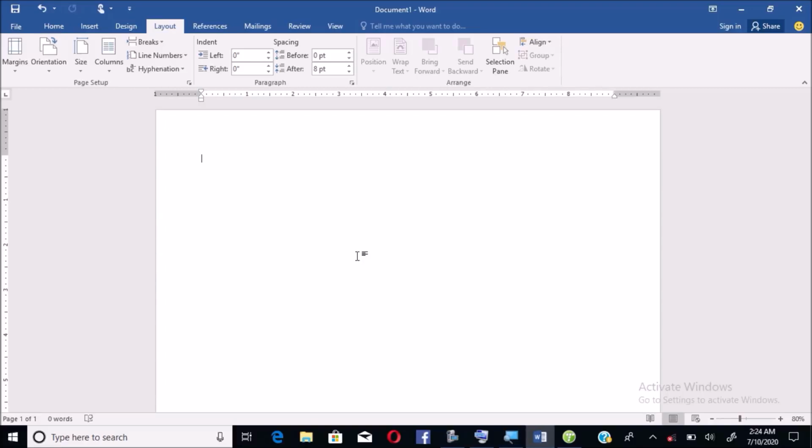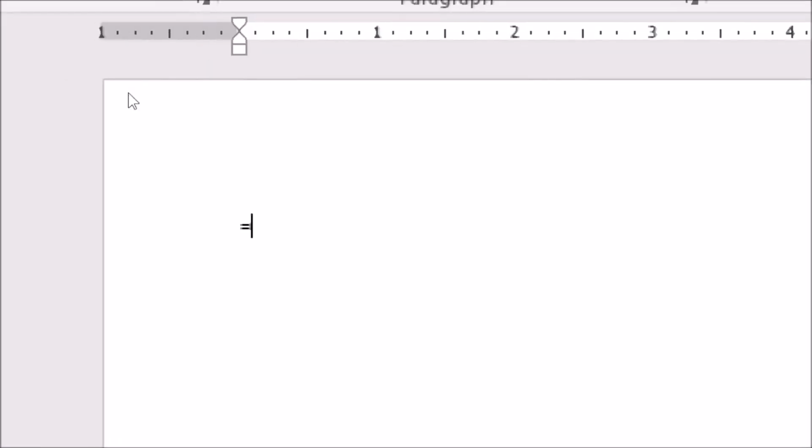To generate text, this is what we do. You punch the equal sign. If I can just zoom in so that people can see what I'm doing. Equal sign on the keyboard, look for the equal sign. It's next to backspace where there's a plus sign. Equal sign, then you type R-A-N-D, rand,